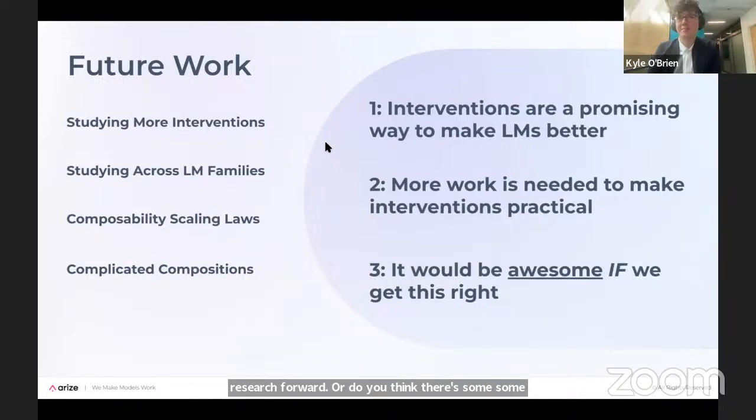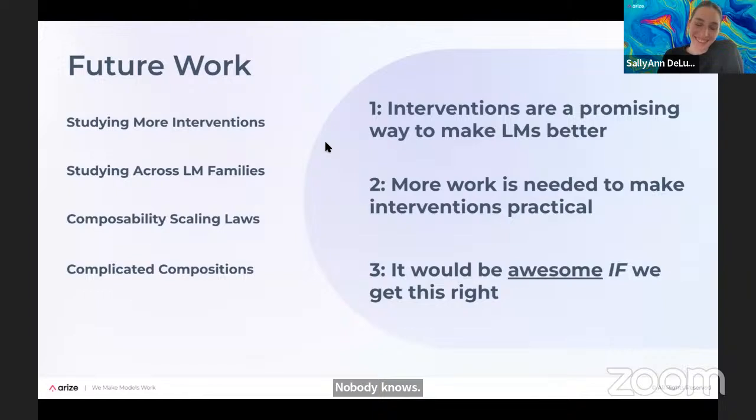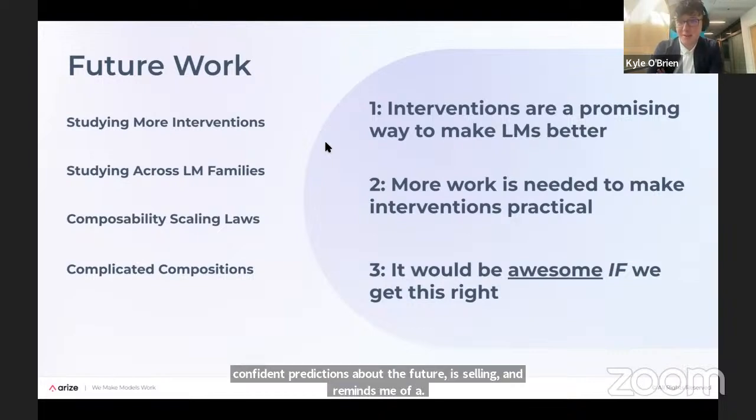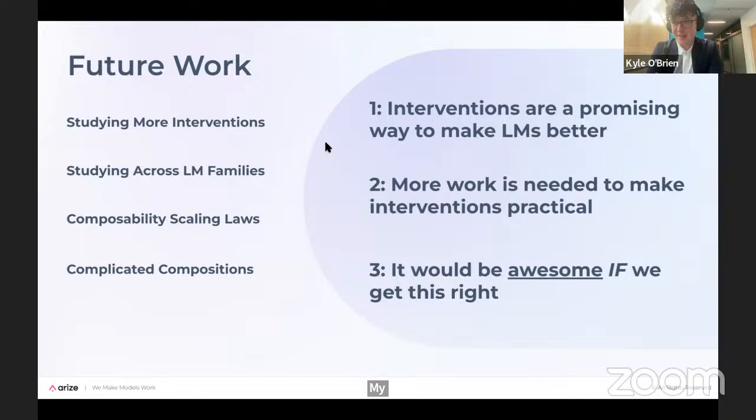Maybe the rational and mature answer would be nobody knows. My hot take is that anyone who really tries to make confident predictions about the future is selling moonshine. It reminds me of my professors who were so confident that deep learning would never give you general capabilities. But maybe in terms of practices that stand the test of time, I mentioned it before: